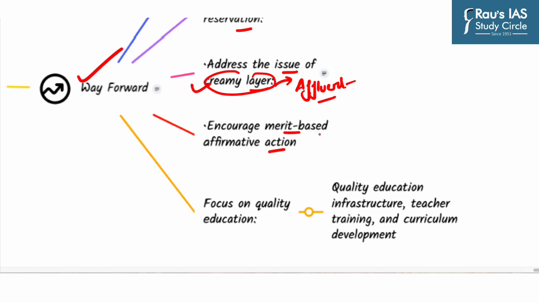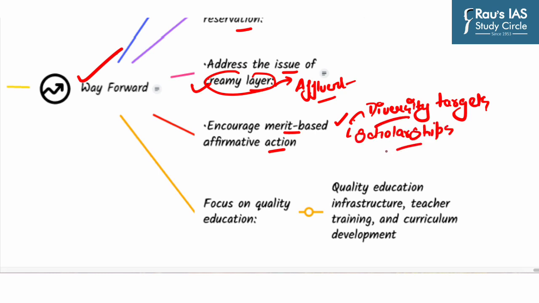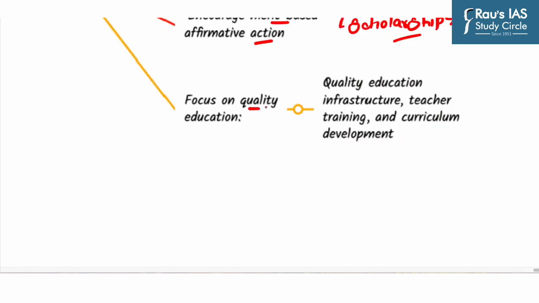Now, reservation policies could be supplemented by other measures that promote merit-based affirmative actions. For example, institutions could adopt diversity targets, scholarships, mentorship programs to support underprivileged students. Next is to focus on quality education. Now, improving the quality of education in marginalized communities is critical to reduce the dependence on reservation policies. So, there should be investment in quality education infrastructure, teacher training, curriculum development could go a long way in promoting